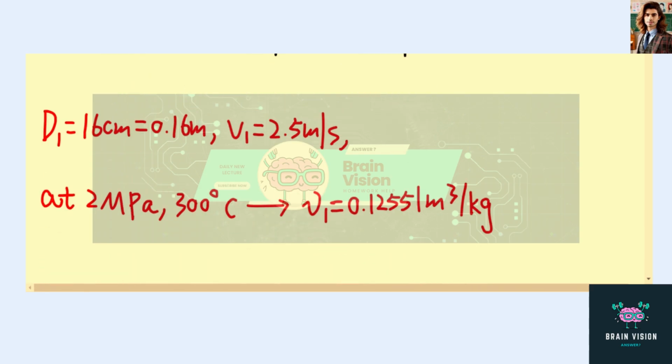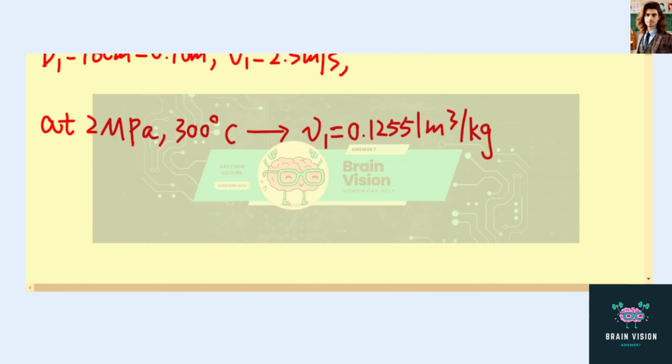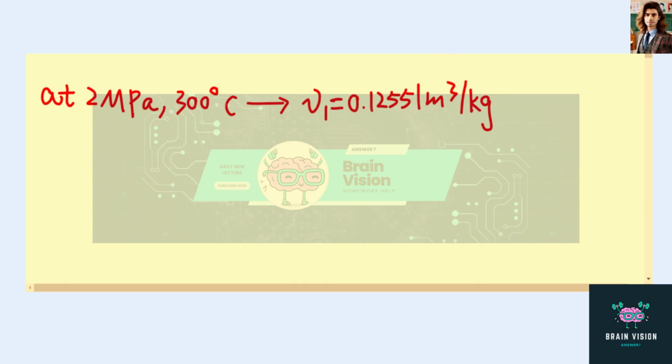And at 2 megapascal, 300 degrees Celsius, if you take a look at the superheated water table, which is table A6, you find that the corresponding specific volume is about 0.12551 meter cube per kilogram. So now let's plug back into the equation to determine the mass flow rate. So the mass flow rate is equal to